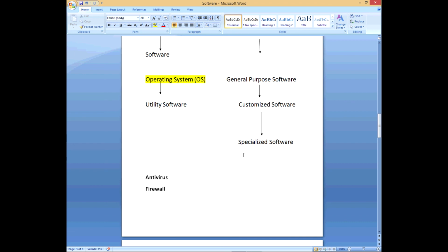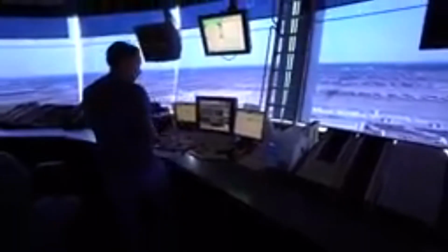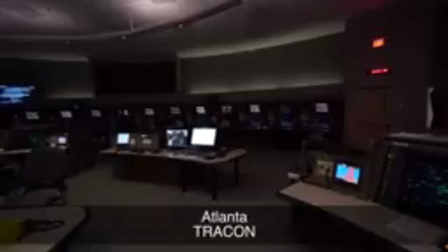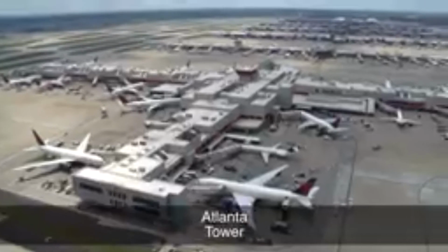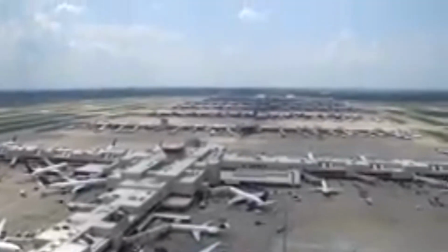Specialized software now would be, for example, software used by airlines and airports. That's specialized. They would have to keep track of where the plane is, which direction it's coming from, how much fuel it has, where it's going, which airport it's supposed to land at, how many passengers are on the plane, all of that information.